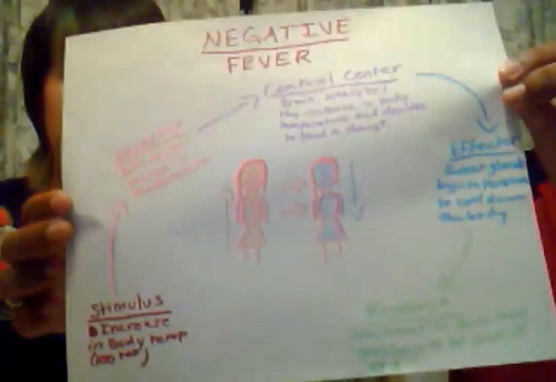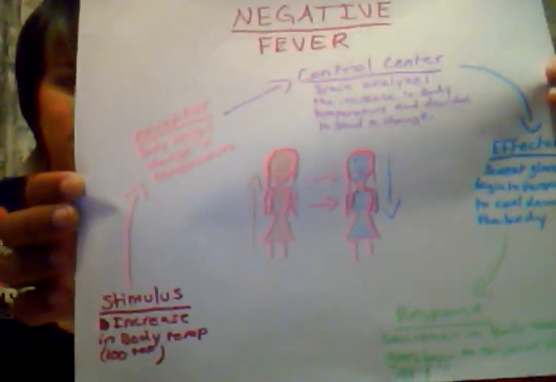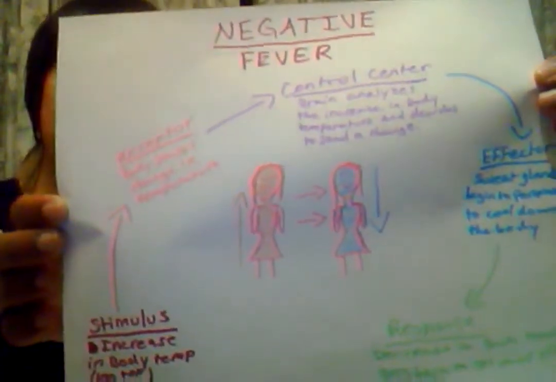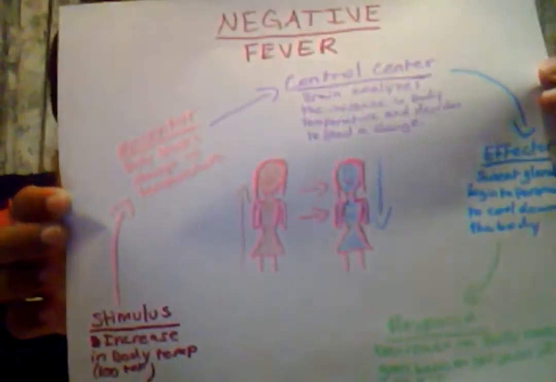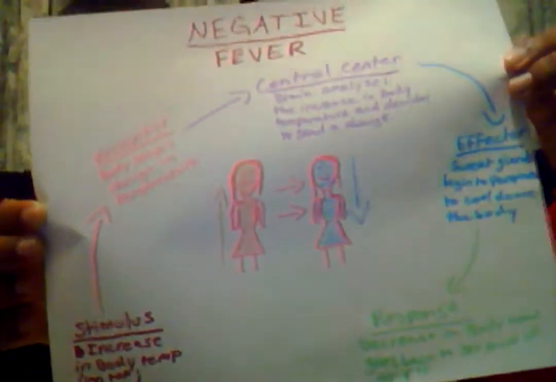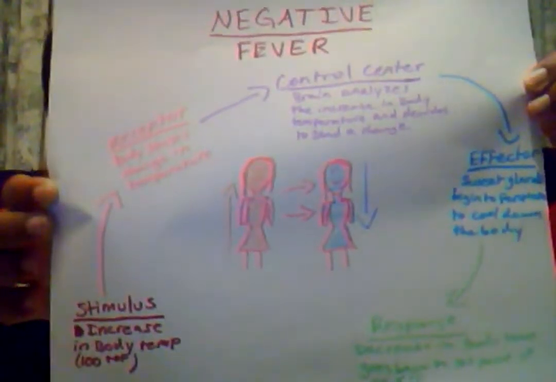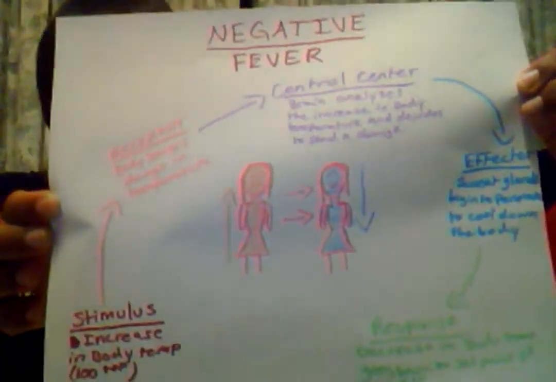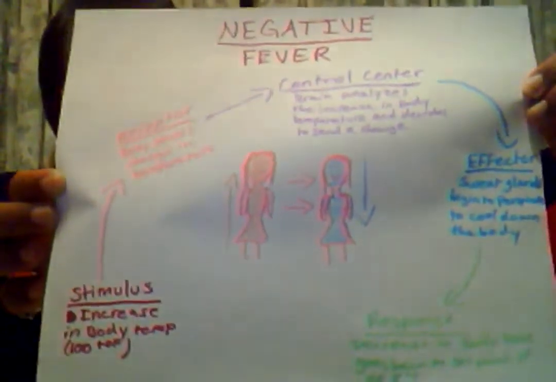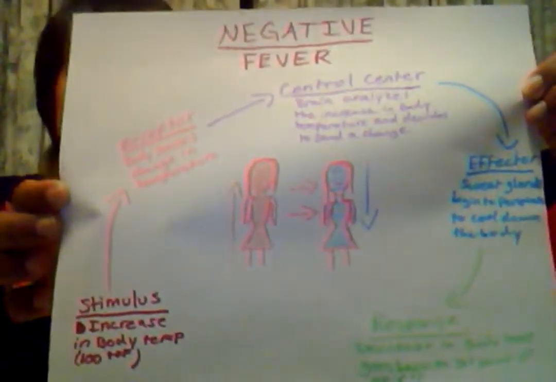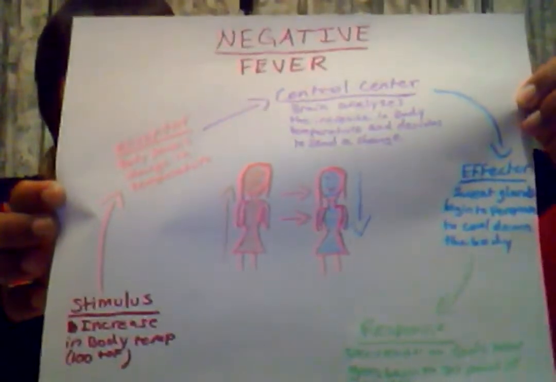And then the other example of negative feedback that we have is when you get a fever. So when you get a fever, the stimulus is when your body temperature increases, to about 100 or higher. The receptor would be your body sensing the increase in temperature throughout your body. Then it gets sent to the control center, where your brain analyzes the difference in temperature from the set point temperature of your body, and then it'll be sent to the effector,